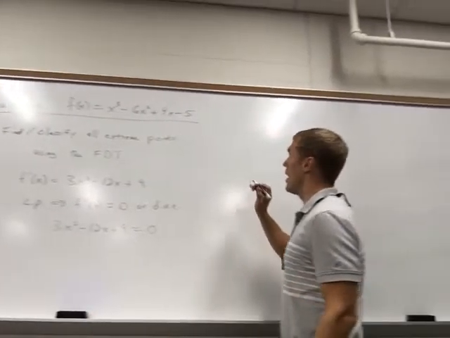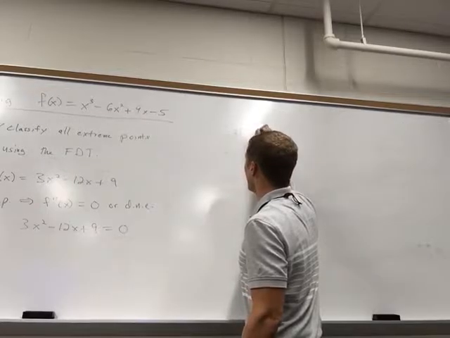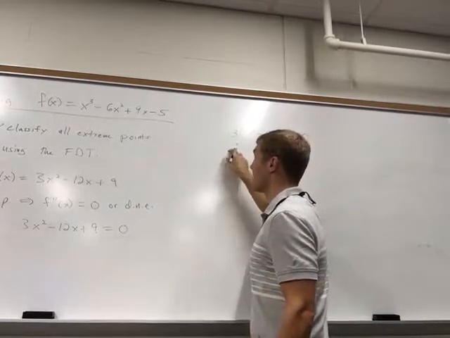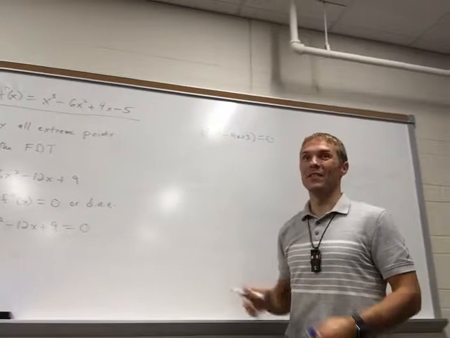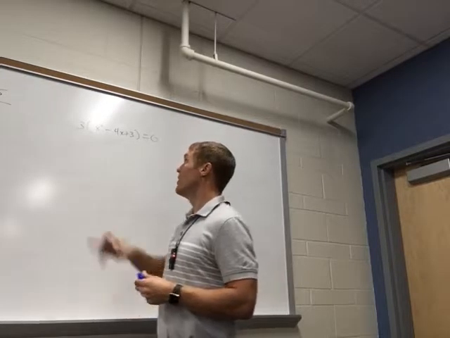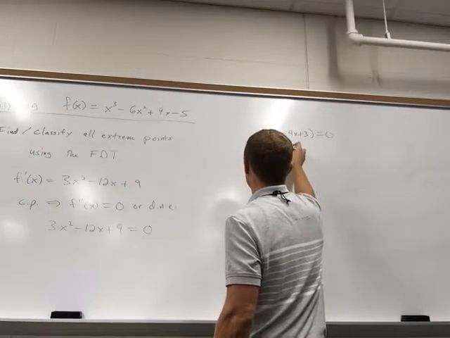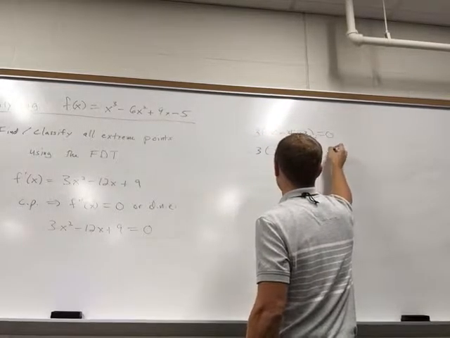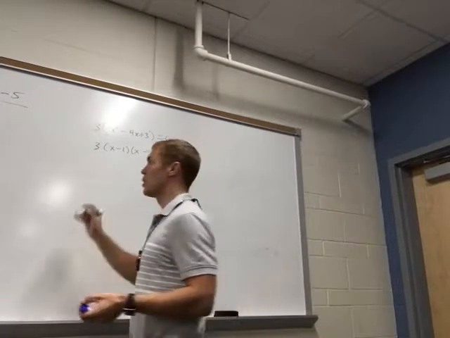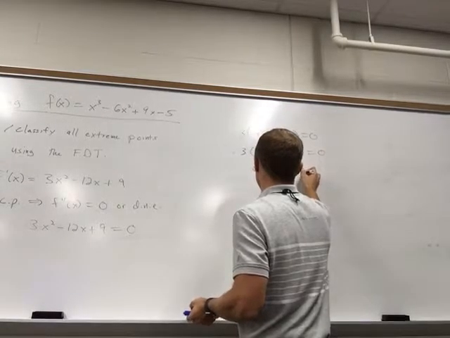First thing to make this a lot more bearable is factor out a 3. 3 times x squared minus 4x plus 3 equals 0. This is an equation. I can actually forget the 3 is even there, but I'll leave it in just for the sake of discussion. This does factor. This factors as x minus 1 times x minus 3, which gives you the critical points are the numbers 1